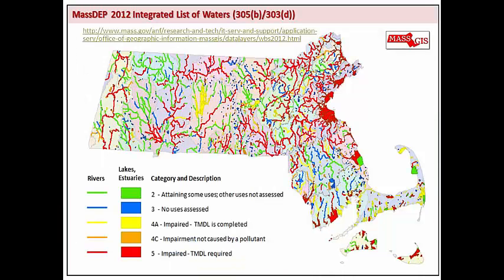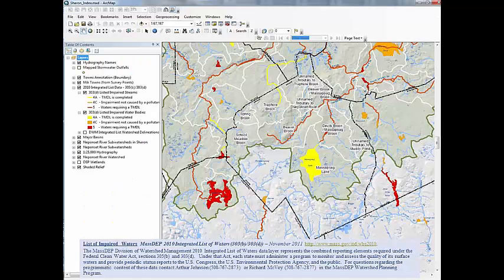The MassDEP 2012 Integrated List of Waters map for the Commonwealth provides a spatial representation of the river, lake, and estuary segments in the state where water quality has been assessed and assigned to one of 5 categories that characterize the status of water quality and the ability of that segment to attain the designated uses under the Clean Water Act. Adding the impaired waters data layer to our map design visually marks the location of problem areas within the town. A planner can focus on subwatersheds with the greatest impairment and on subwatersheds where the town can most effectively